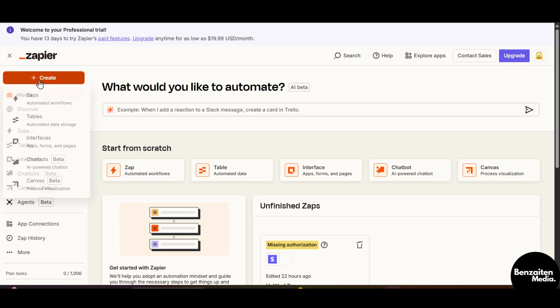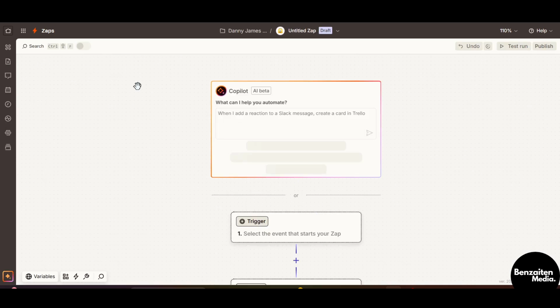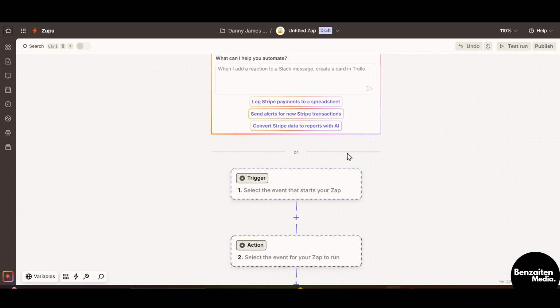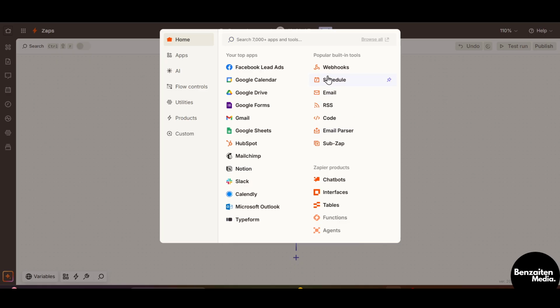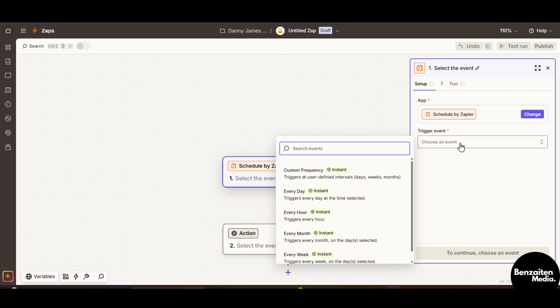Now from here you need to click on create, and then click on Zaps, and after that you will be creating a new Zap from here. So first you need to click on trigger, and then search for schedule, and after that it will ask you to select an event. You need to choose every day,